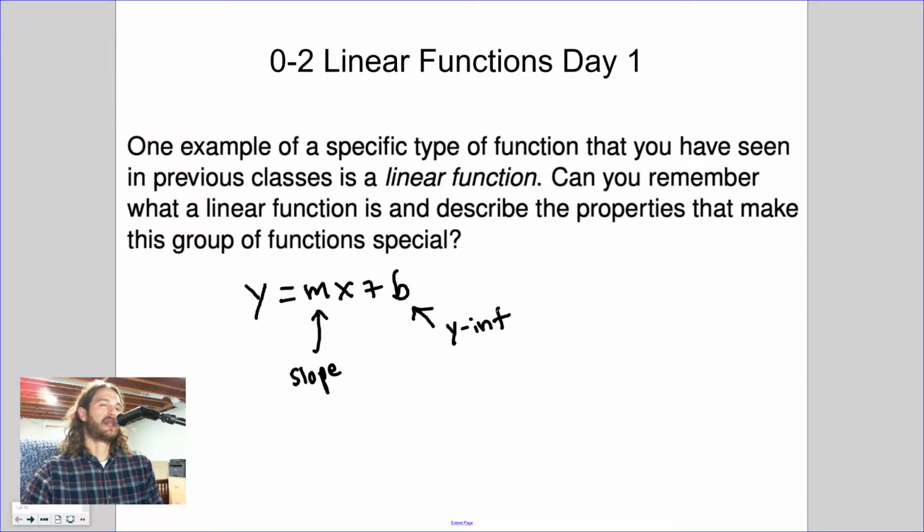What makes a linear function so special? A linear function is kind of like having growth that is the same over the same time period that happens over and over again. So, for example, your income, in a lot of ways, from your job should be linear on any given year, unless you get a pay raise halfway through the year. But if you have a fixed income, if you're making $15 an hour, then every hour you work, you're getting $15. It's a predictable growth. It's the same every hour that passes, okay?